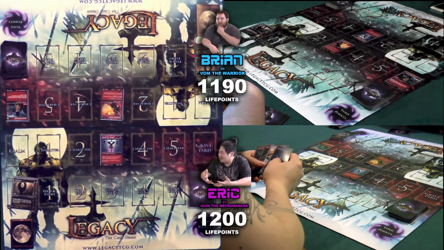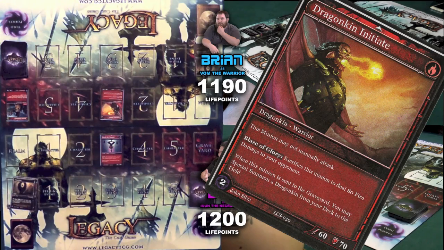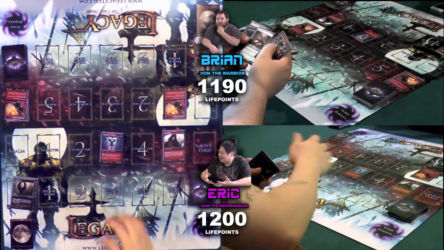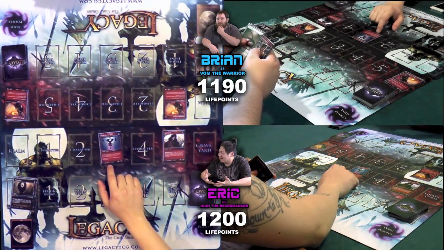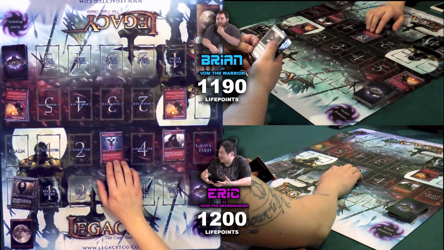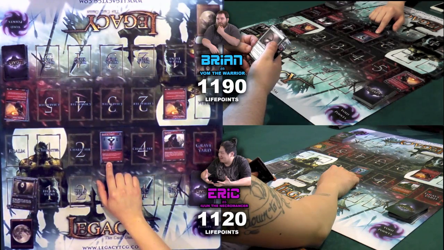Brian plays Dragonkin Initiate, which allows him to sacrifice the card in order to deal 80 damage against your opponent. In addition, it allows a player to search his deck and special summon, or draw a card from your deck rather than your hand, for a Dragonkin card, and play it immediately. This would indicate Brian is hoping to do massive amounts of damage to Eric at the cost of going through